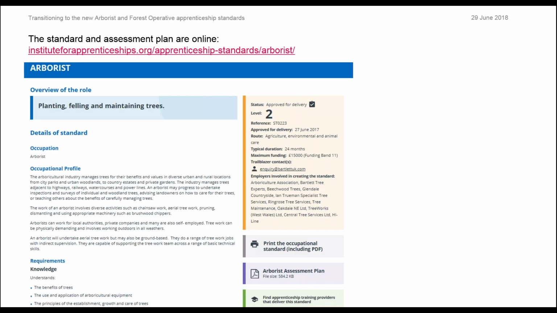So where can you find out more information about the apprenticeship itself? The Institute for Apprenticeships have a very good website, and if you follow the link, you'll find a web page dedicated to the Arborist and another one dedicated to the Forest Operative Standard. So if we look at the Arborist one, you can find some information in terms of which employers were involved in creating the standard. There is a useful email address if you've got any queries directly to do with the